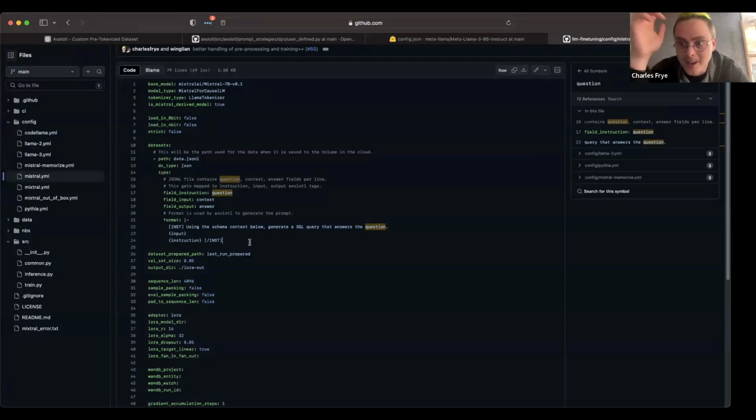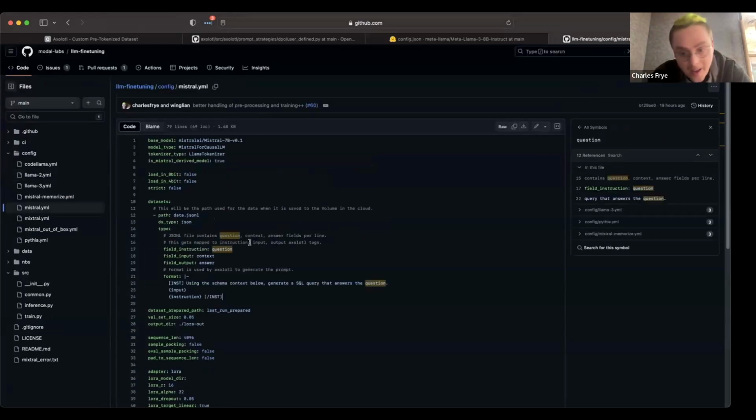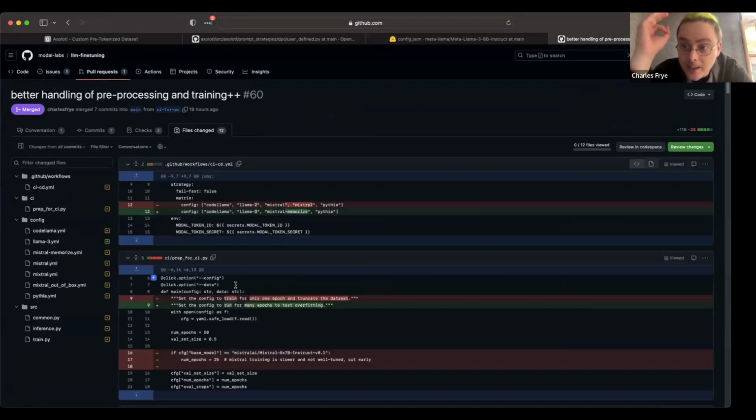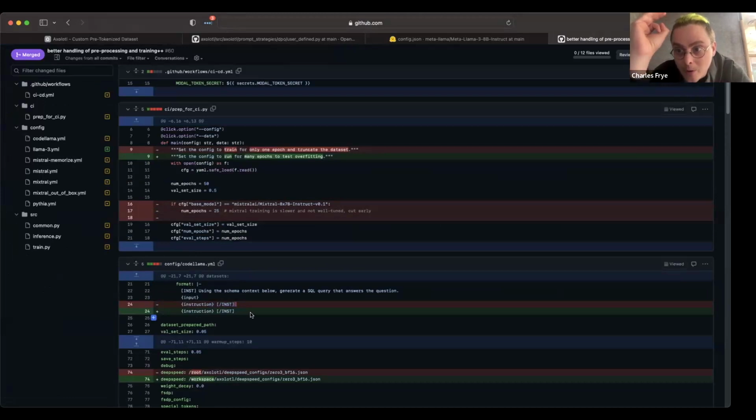Yeah, this one. I actually wanted to double click on the point about the space that Hamel brought up. The format there used to have a space at the end of it. Go look at this PR, you can see it. The thing is, YAML will remove spaces at the end of non-quoted strings. So that space was not showing up in the things that were going into models. Depending on your YAML parser, maybe that behavior would be different. So if you want to have a space at the end, you actually need to quote it.